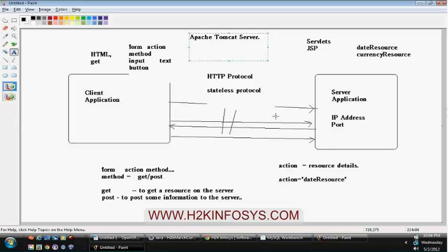This is Tulasi. Can you explain to me about form, action, method, get, post? Client server. I asked you guys to verify the HTML tags. Did you? Okay, I just missed the time. My phone got...